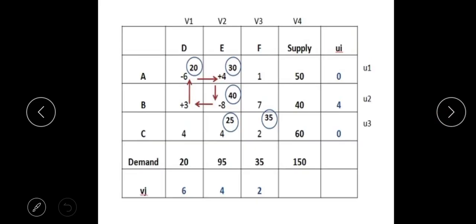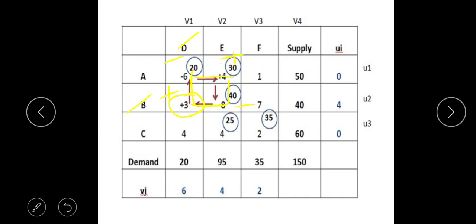Now, which was the highest negative value? That was for B and D. So starting from here, we have to draw a closed path. This step is similar to the stepping stone method also. So the closed path starts from BD towards an occupied cell. Next, always remember, the path moves only in right-angle directions. So we have to assign symbols similar to the stepping stone method: plus, minus, plus, minus.